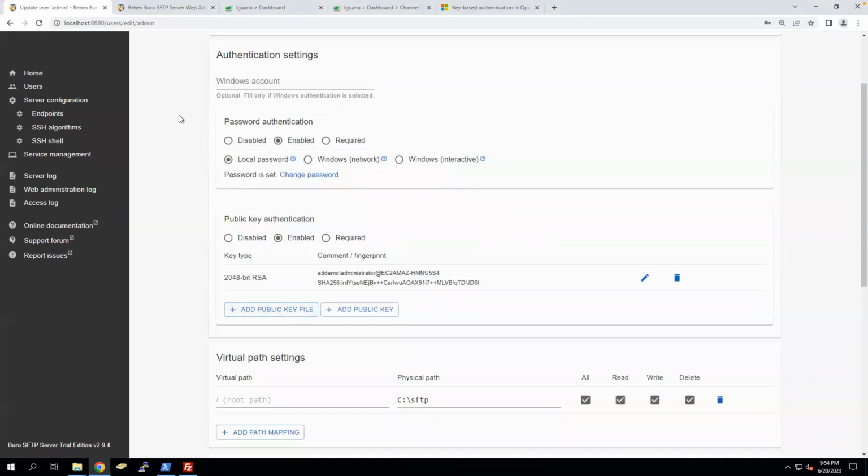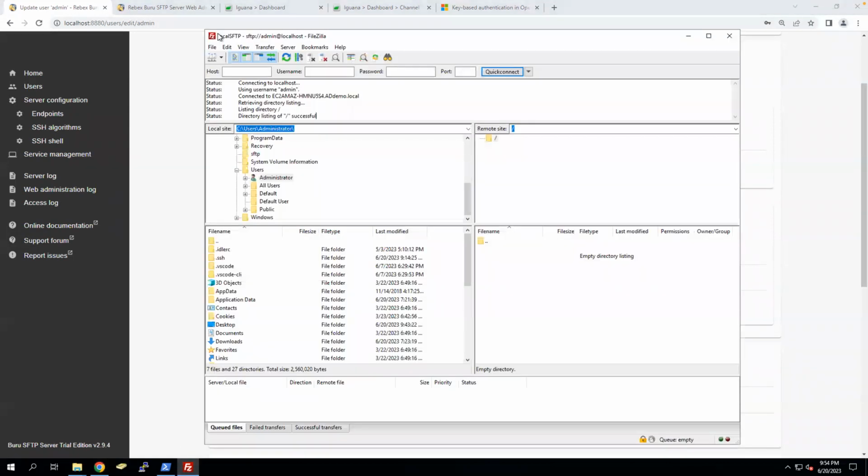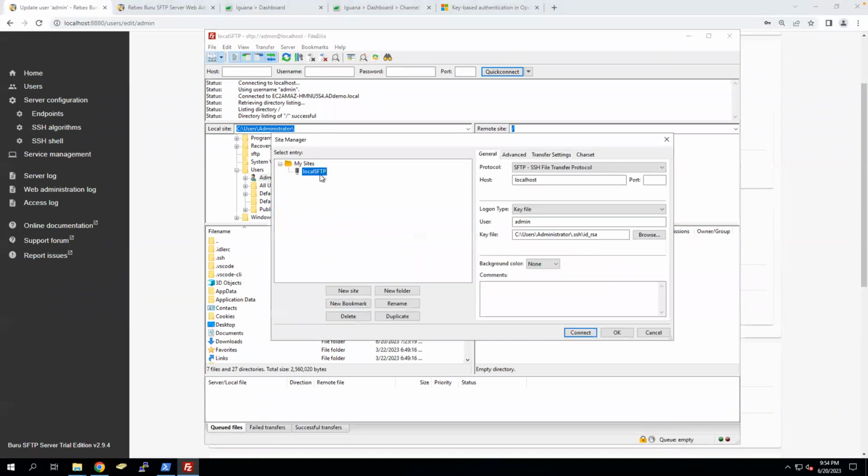Make sure you save. After that, before you use Iguana, you can also use another client just to make sure it is working. There's no problem for networking. There's no problem for certificates. I'm using the FileZilla client. All I had to do is, under the new site, choose the host, which in this case is localhost. I have to put the username as a requirement, and the key file in this case is